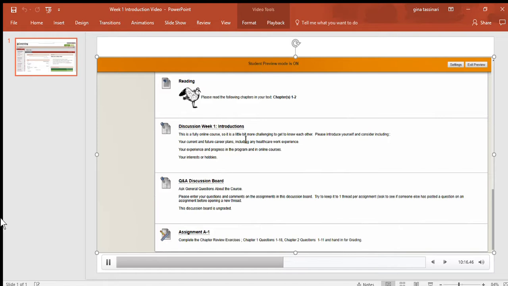That's the gradable discussion. Every week there is also a question and answer discussion board. This is not gradable, and it does say that right there. There's a disclaimer: this is a general question and answer discussion board. So as you're working through your week and you come across content, or as you're working on your assignments, or at any point that you're doing your reading or your week's work and you have a question, you can post it